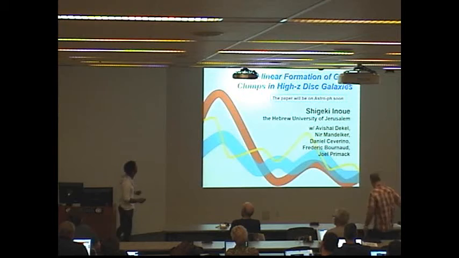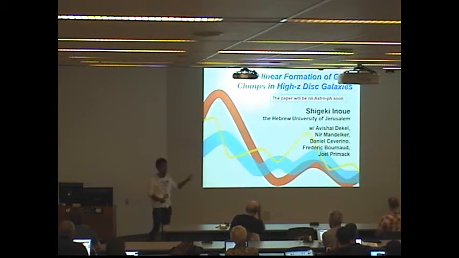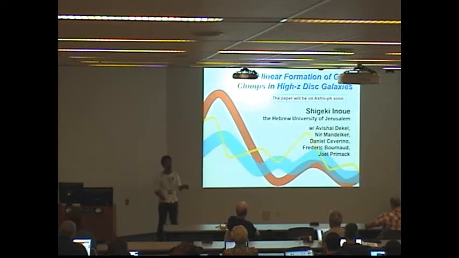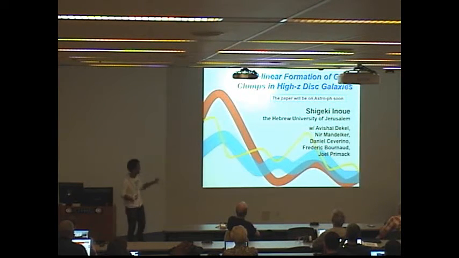So today I will be talking about Toomre analysis applied to high-z cosmological simulations, especially clumpy disk galaxies. And this talk is closely related to the last talk yesterday afternoon given by Nir Mandelker. But Nir has already shown my most important figure, so I may no longer need to give a talk today. But anyway,